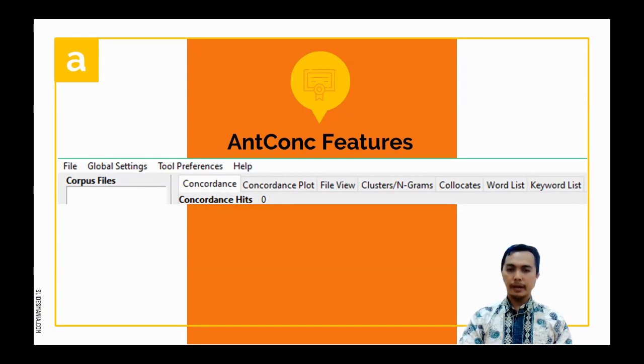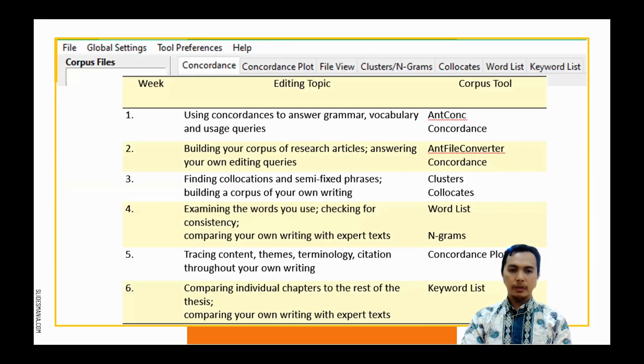If you open AntConc, you will see several lists of features on the top, including file, global setting, tool preferences, and help. And then in the panel below, you will see concordance, concordance plot, file view, cluster or n-grams, collocates, word list, and keywords. So quickly, if you choose the concordance after you insert your files, you will see several options later on,